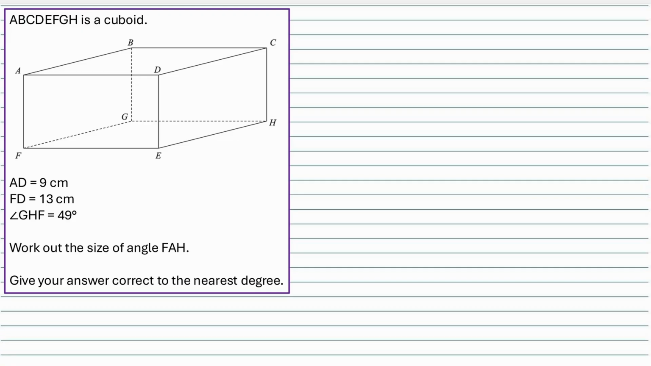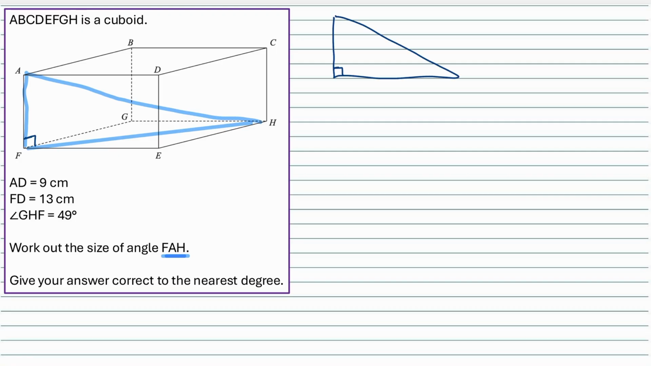So with questions like this, the first thing we need to do is identify right angle triangles. And we need the triangle to involve angle F to A to H. So if I show that on our 3D shape, then you can see our right angle is at F. We have this horizontal surface and this vertical surface. Now it's much easier to sketch this as a 2D triangle rather than trying to include all the information on this diagram. So if I label these vertices as F to H to A,